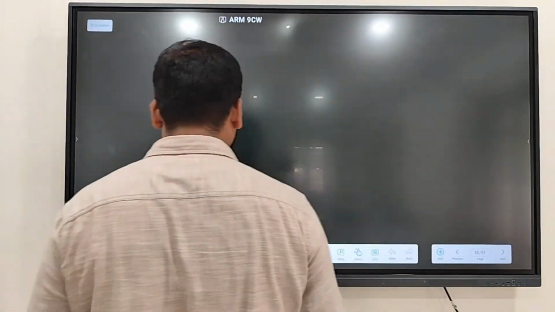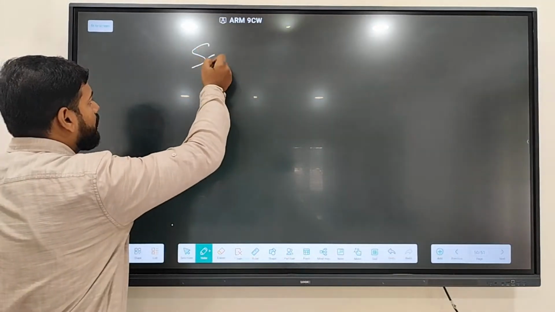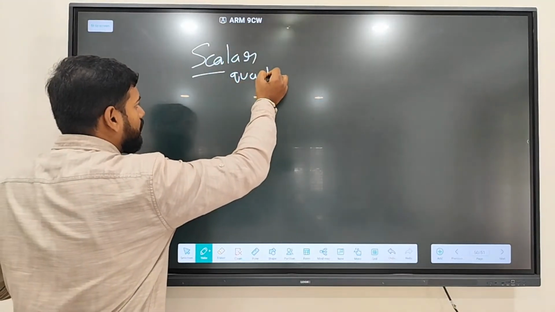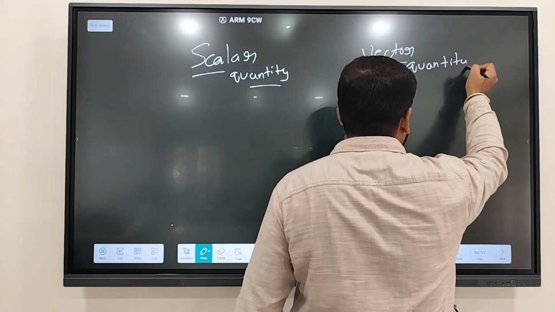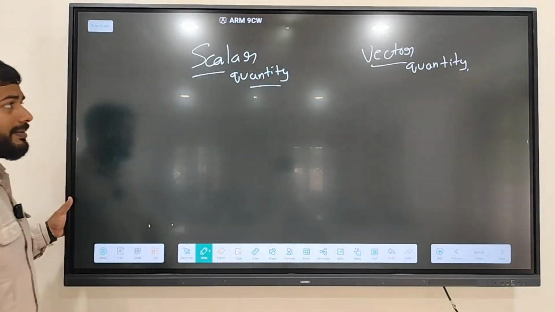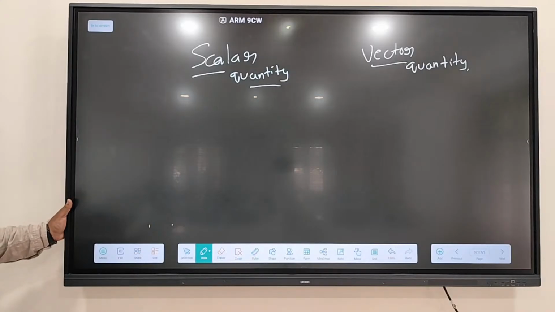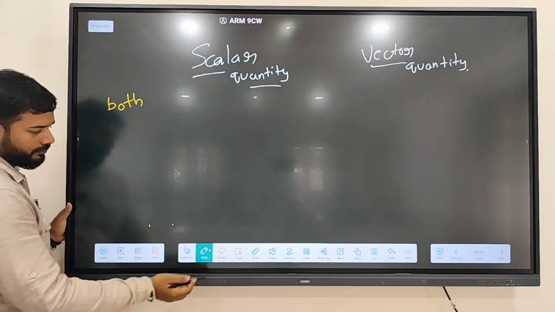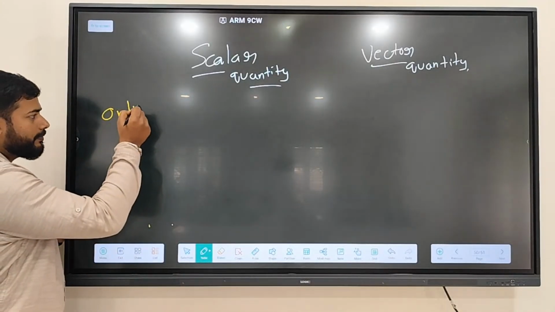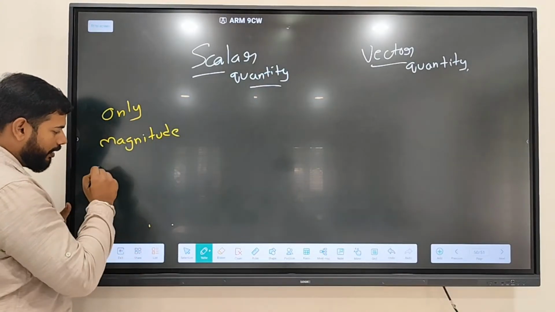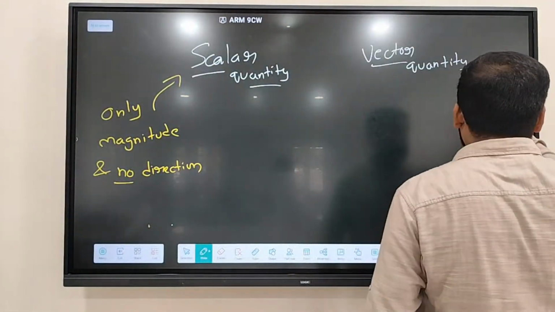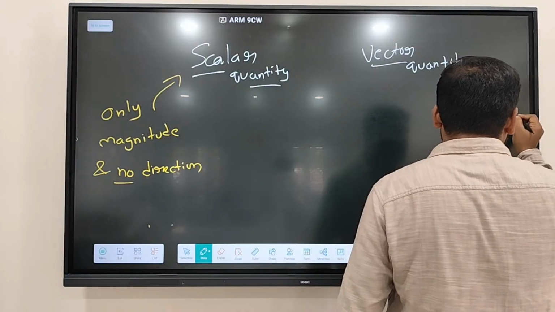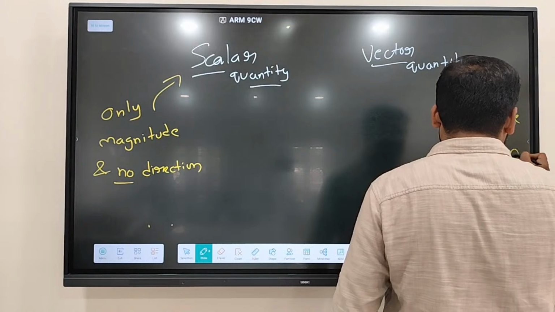Before going here, let us discuss scalar quantity. Any physical quantity, weight, speed, distance, gravity, anything, which is having only magnitude and no direction, that is scalar quantity. Vector quantity means both magnitude and direction are present. Both magnitude and direction. For example,